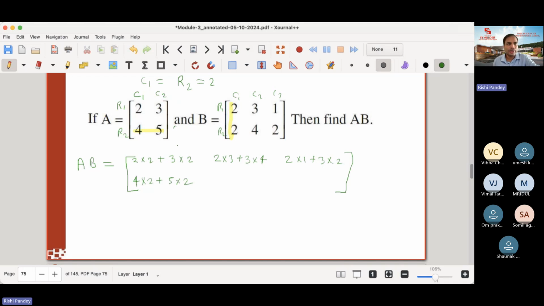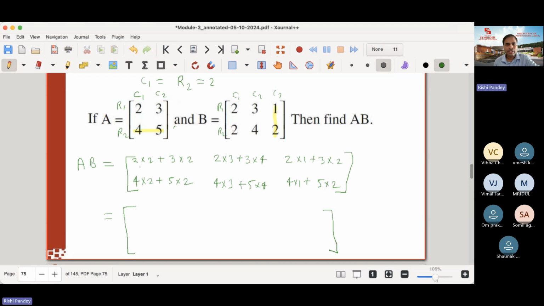Again here, 4 into, the next one, second row and then third column. For the second column, 4 into 3 plus 5 into 4. Then 4 into 1 and then 5 into 2. Okay, so the order is,